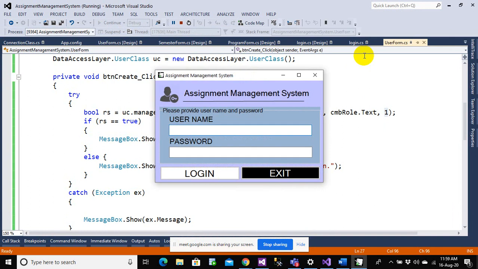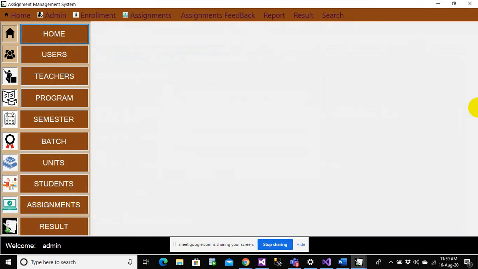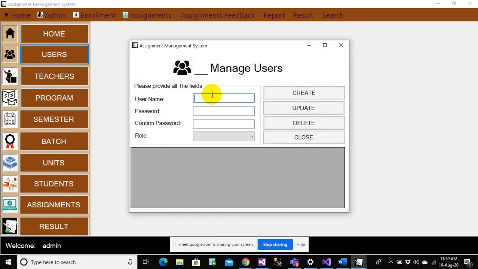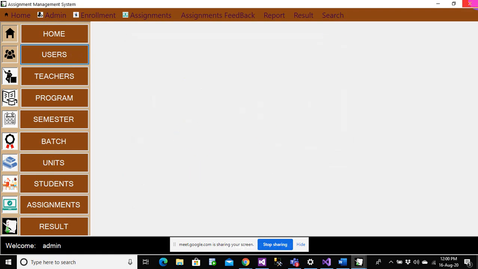Okay, so let's provide the username. Let's go to the users and create test user. And that's created, but you won't be able to see it here because you have not written the logic to see that through the grid view.